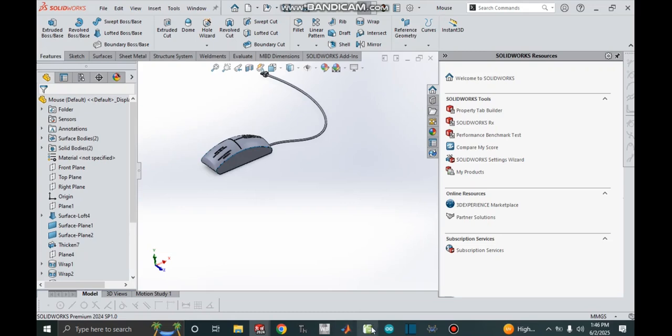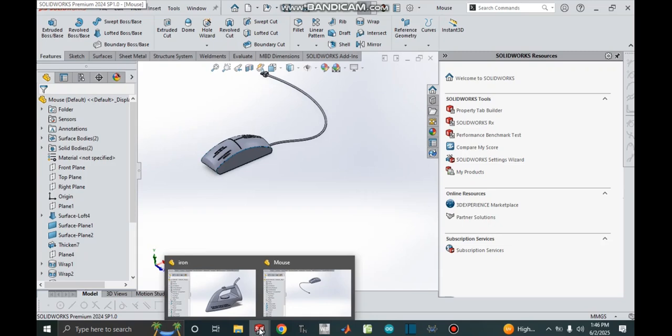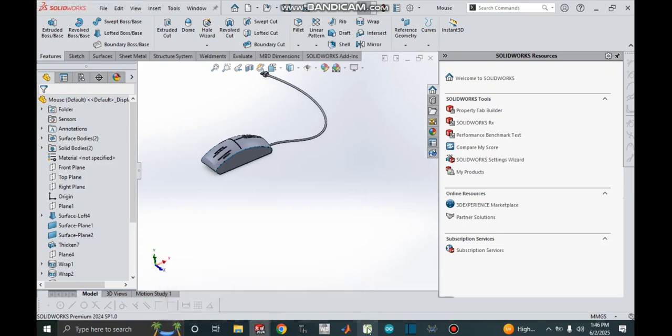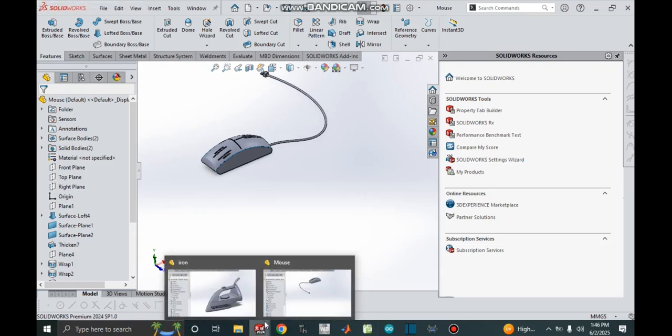Then Altair EDEM, as you can see, I once showed you a video for discrete element modeling. If you look closely, you will see these software are linked, guys. So suppose I drew a module in SolidWorks, right, and I want to simulate it in EDEM. I just save it as a STEP file, since STEP is the standard format, or other formats, to